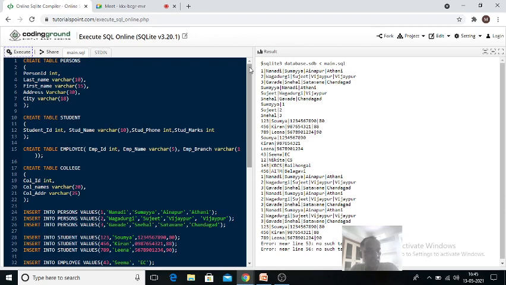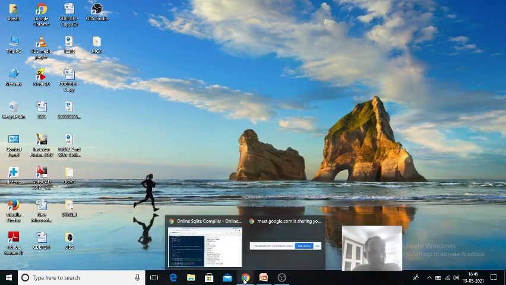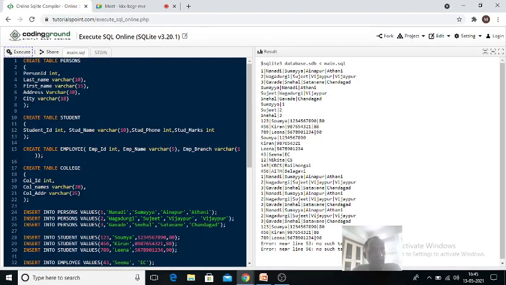We discussed how to do all these things through online compilers. Got it? So I hope you understood all of this. Are the things understood? Yes, sir. Okay, if you are having any problem